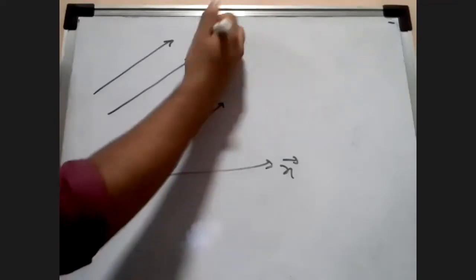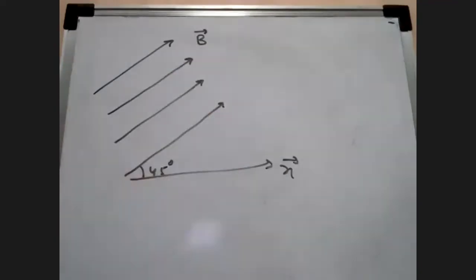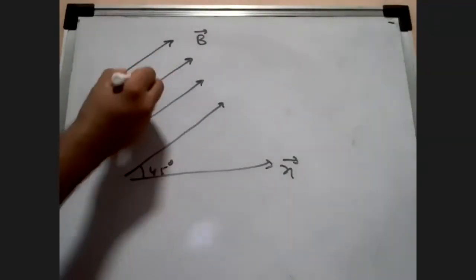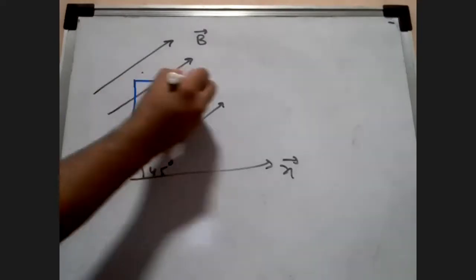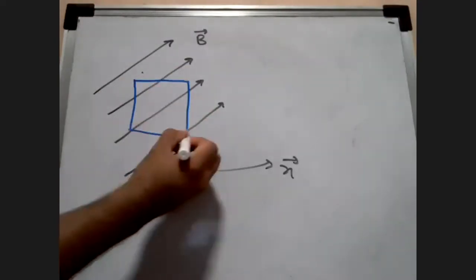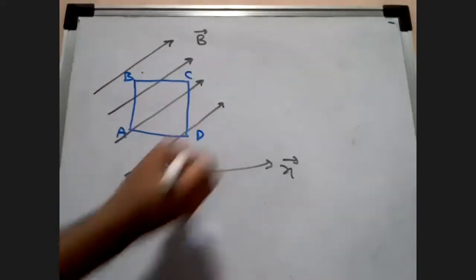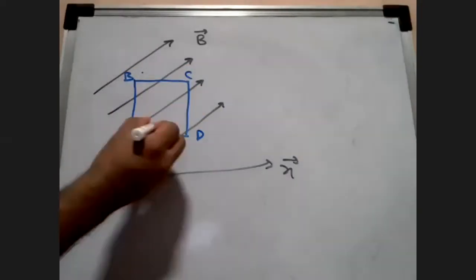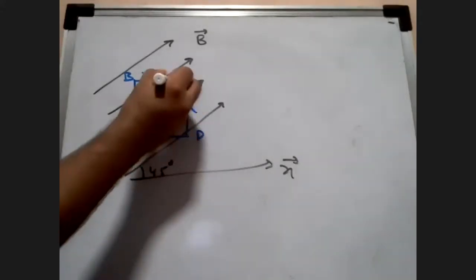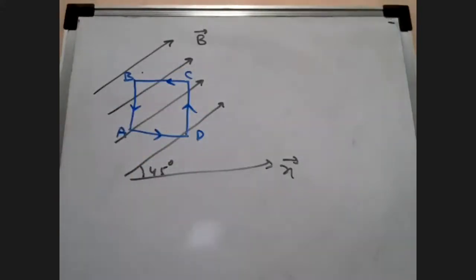Okay, this is going to be my magnetic field. And then they're saying there's a square loop in that. Let's say this is A, this is B, C and D. And the direction is basically anti-clockwise. Then what is the torque acting on the frame due to the magnetic field? Okay, what is the torque? So what will be my approach, students? Can you tell me?